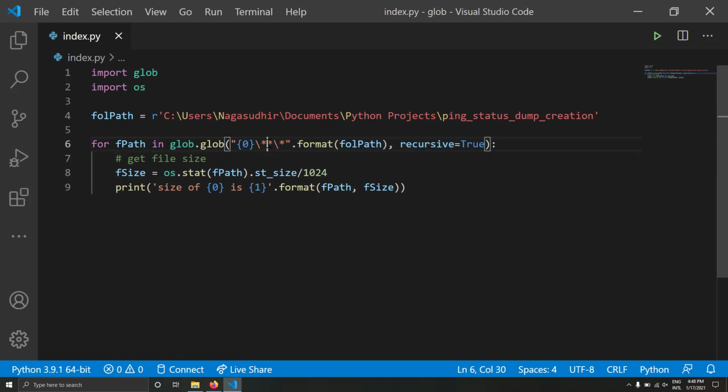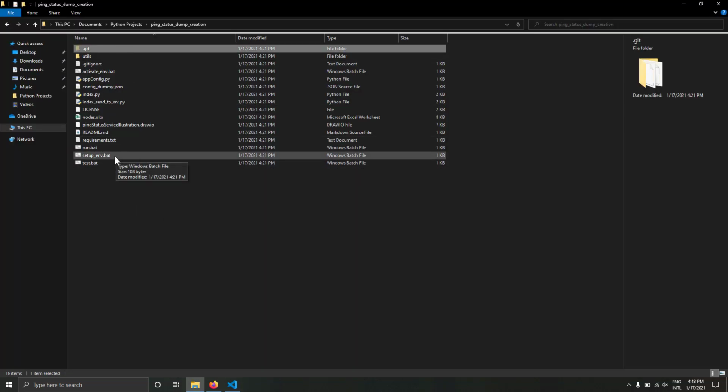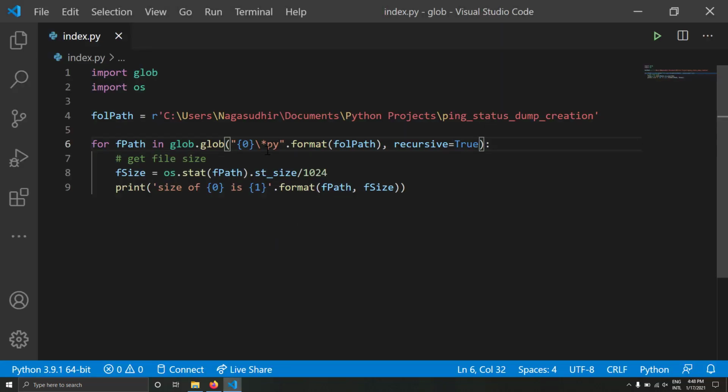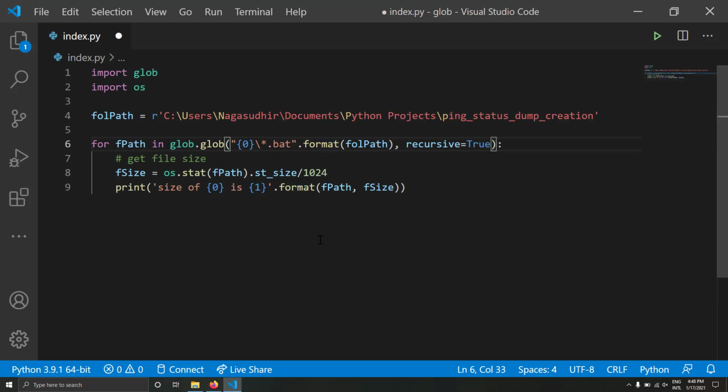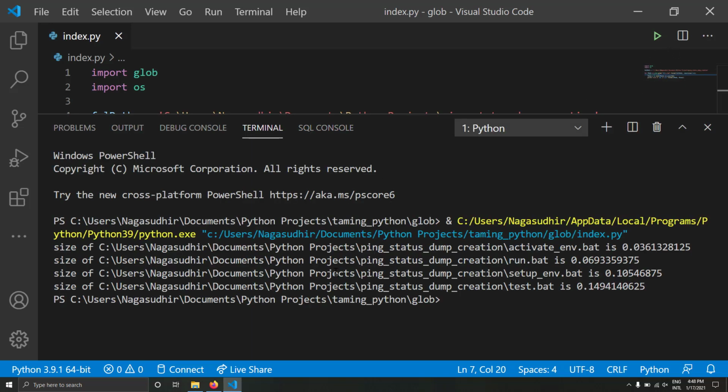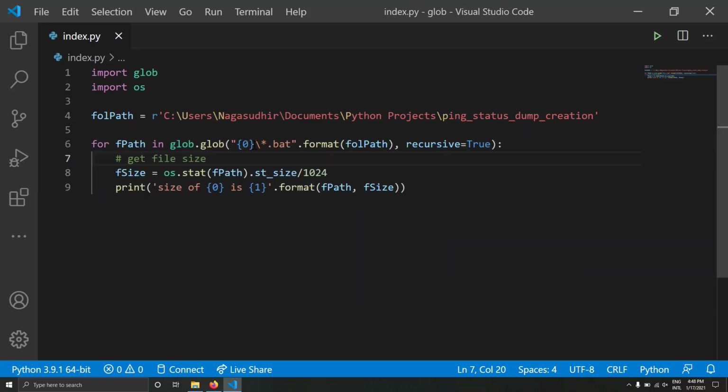So one more thing I just want to specify was, if I want to process only .py files, or else if I want to process only the .bat files, how can I do that? Instead of *, I'll just write *.bat. That means the glob module will do the file filtering for you. So it will take only the batch files and get the file names of those files only. So let me try to run this now. You can see I've only got the batch files in my list, and only those files are being processed. That means using the glob module's filtering, you can have file filtering for free, and you can process only the file formats which you want.